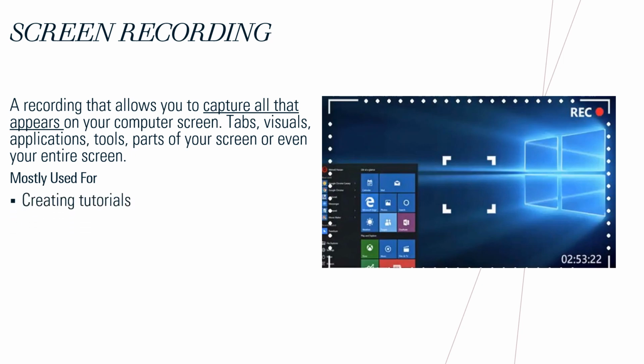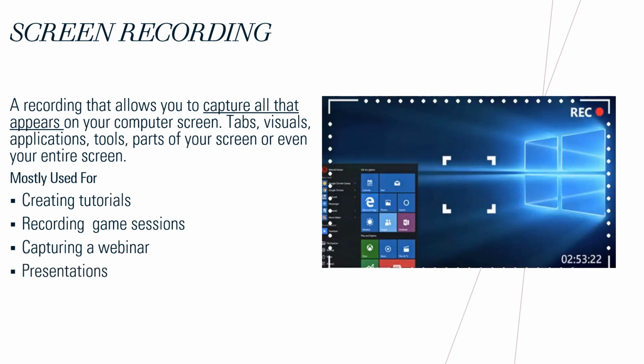What do we mostly use screen recording to do? Most people use it when they're creating tutorials, recording game sessions, capturing a webinar, maybe presentations at a conference or in school, and much more. Let's go to the next slide and see how we can understand